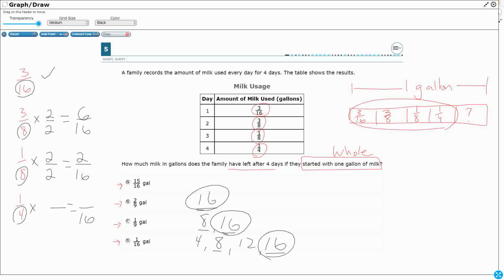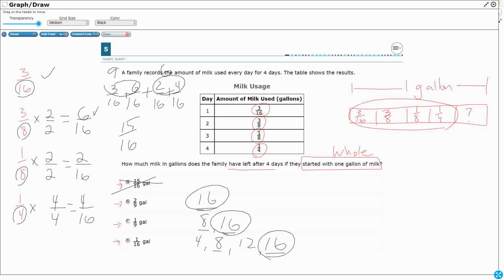And this 4 here, it was 4, so that's going to be 4 over 4. So that's 4/16. So now I've got a whole bunch of 16ths. I've got 3/16 plus this 6/16 plus the 2/16 and the 4/16. So what do I have here? I've got 3 and 6 is 9. And these two are going to be 6. So 9 and 6 make 15/16,